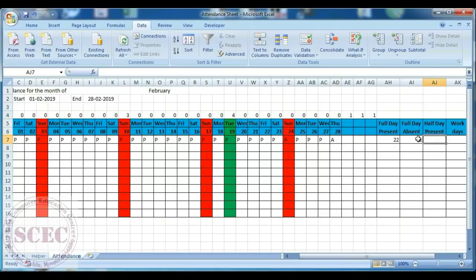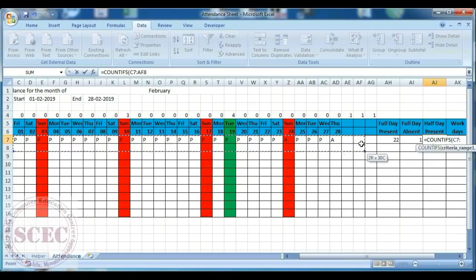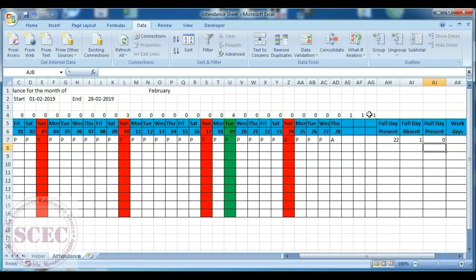So now in the same way we will do half day present, that is equal to COUNTIFS, first range, comma, first criteria, that is H, comma, second criteria range, comma, that is not equal to Sunday, comma, third criteria range, comma, 0, bracket close, enter.